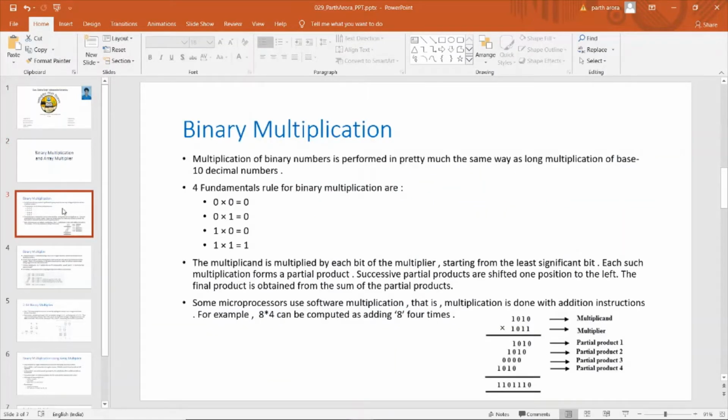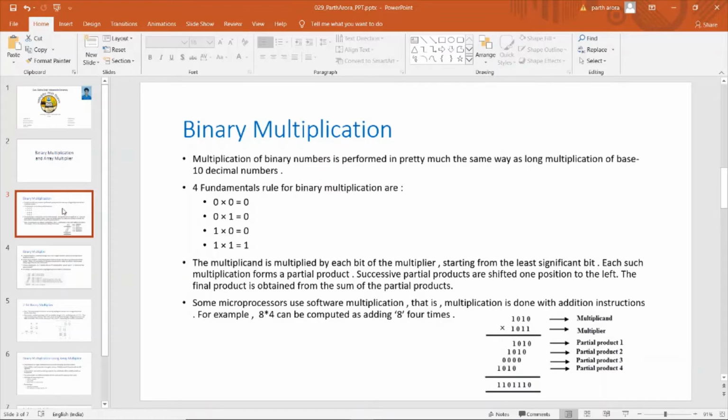Let's start with binary multiplication. Multiplication of binary numbers is performed in pretty much the same way as we do long multiplication in the decimal system. That is, we start off with the least significant bit of the multiplier and multiply it with all the bits of the multiplicand to obtain the first partial product, and then we do this for the subsequent bits of the multiplier.